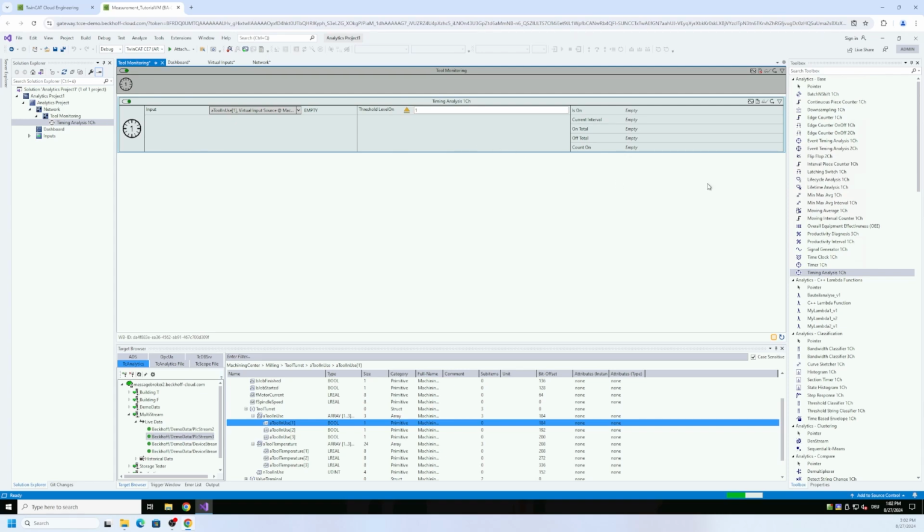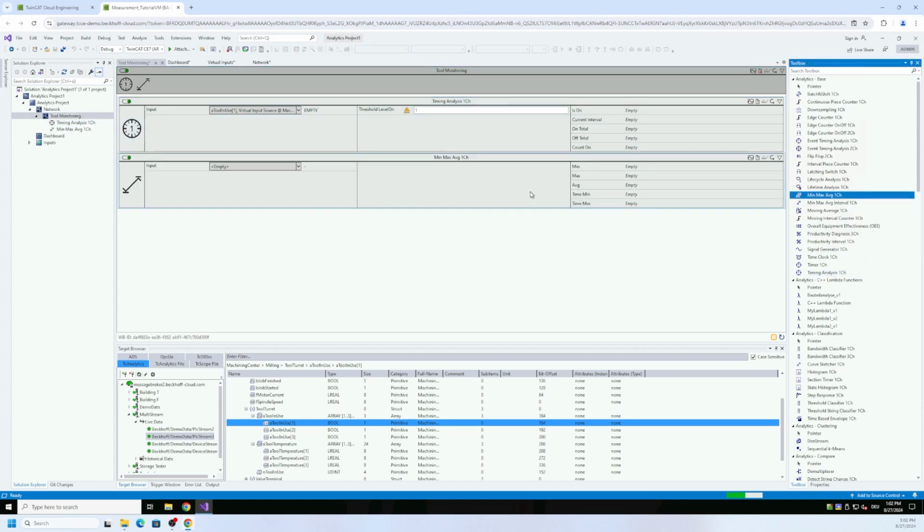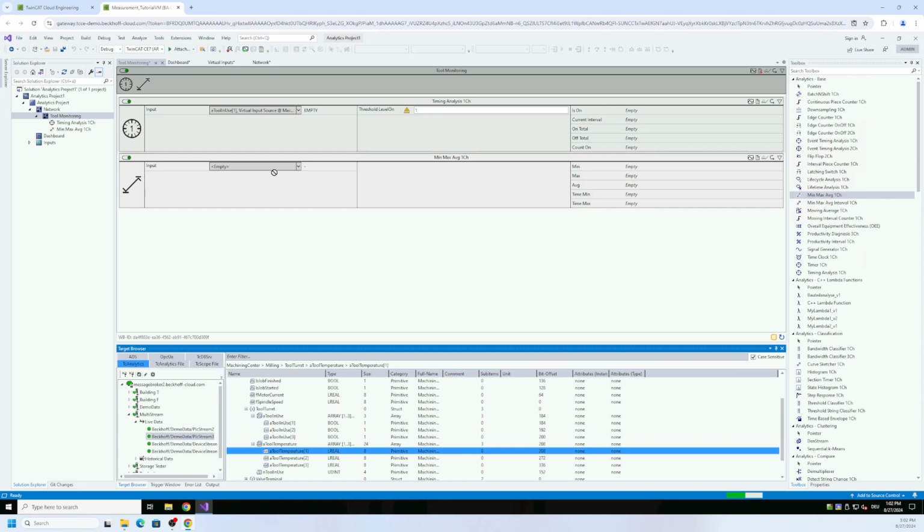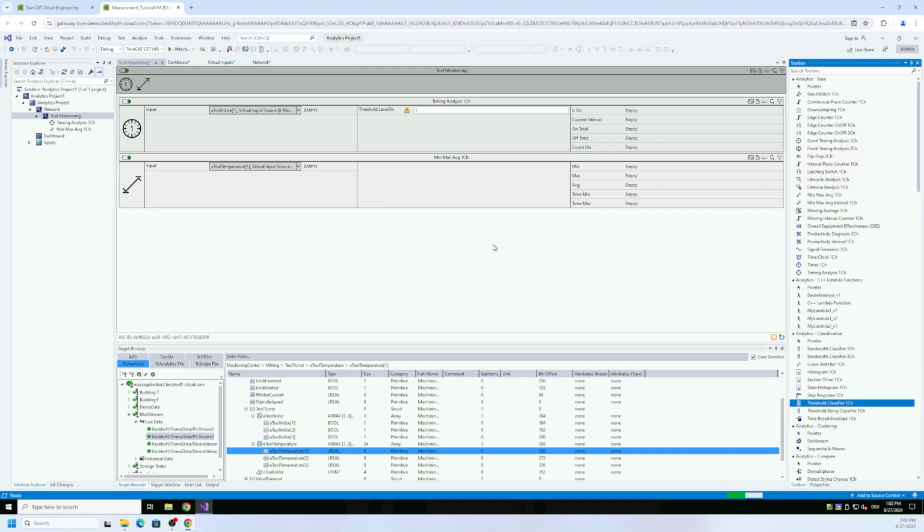As I said, we like to add some more blocks, then it makes more fun. So we have here the min-max average block, and I would now like to add here the temperature of tool 1. And the nice thing is that we are also able to make some kind of analysis chains in this way, that you can take outputs and put them to the inputs, and we will do so now with the threshold classifier.